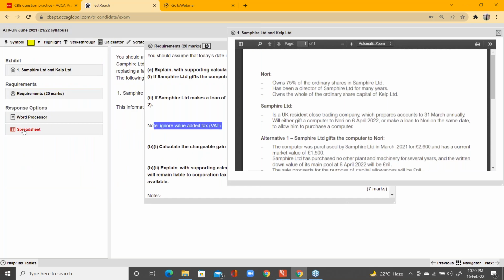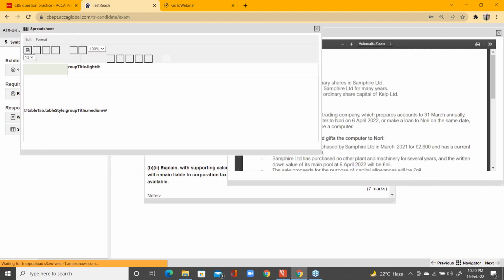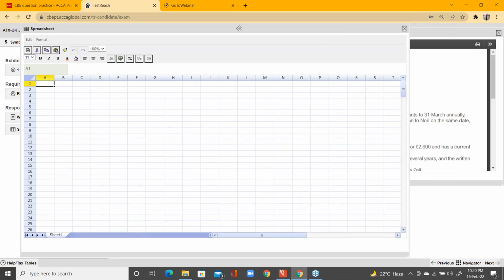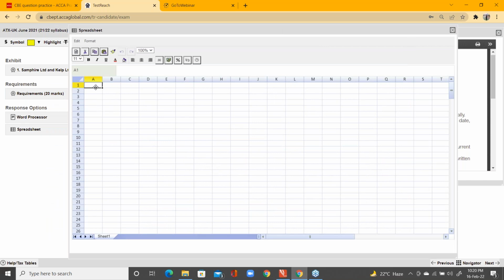Before reading the scenario, let's decide the roadmap. What should we do in this question for answering? We are going to answer the part A of the question, and in part A it is required that the total additional taxes payable by S Limited. So that's the main heading. Under A1, marking the subheading alternative 1,